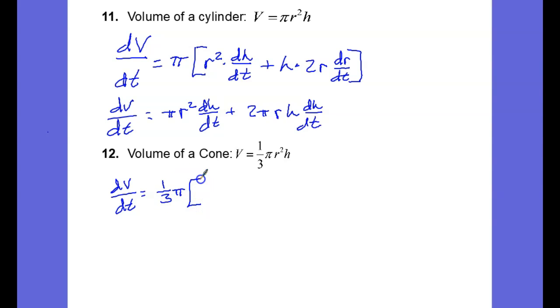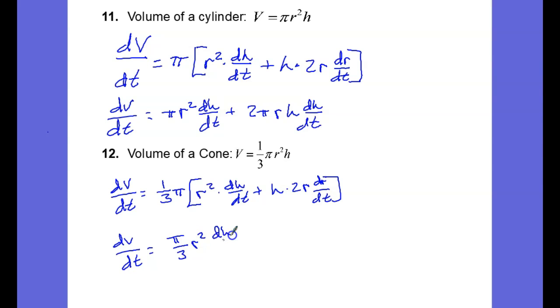We'll factor that out, times the derivative of this product. So r squared times dh/dt plus h times 2r dr/dt. And so dV/dt is equal to pi over 3 r squared dh/dt plus 2 pi over 3 r